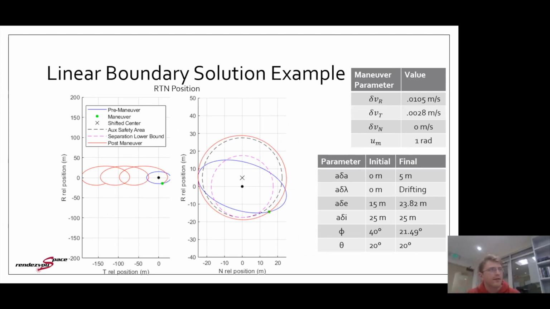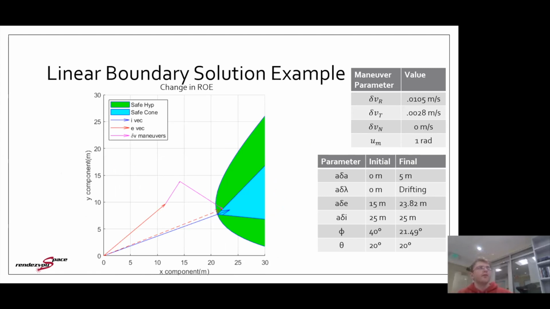And in practice, in this example, we achieve very good Rn separation based on the linearized boundary method. However, you can see that it is not as tight up against the boundary as the quadratic perfect solution. So this is not fuel optimal, or it does not provide us with as much guarantee on separation as we get with the quadratic model, but it is more flexible, it is easier to manipulate, and it provides a safety